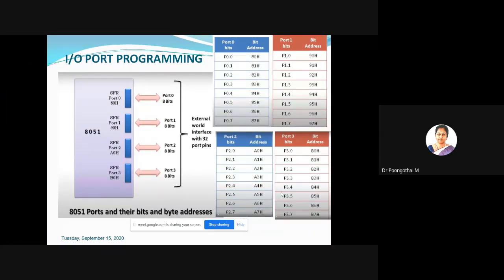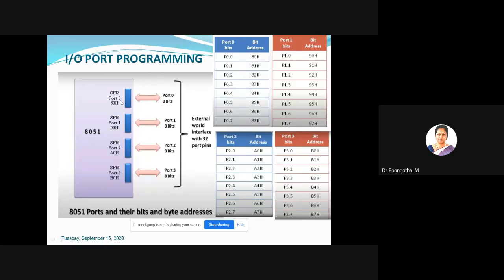As you know already, 8051 has four 8-bit ports, namely port 0, port 1, port 2 and port 3, and each port is associated with a special function register.